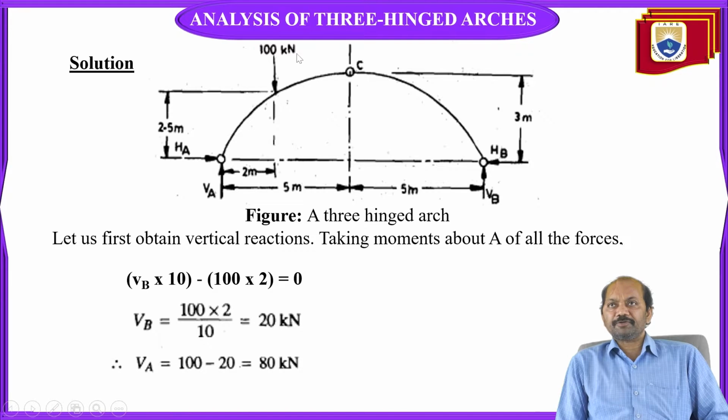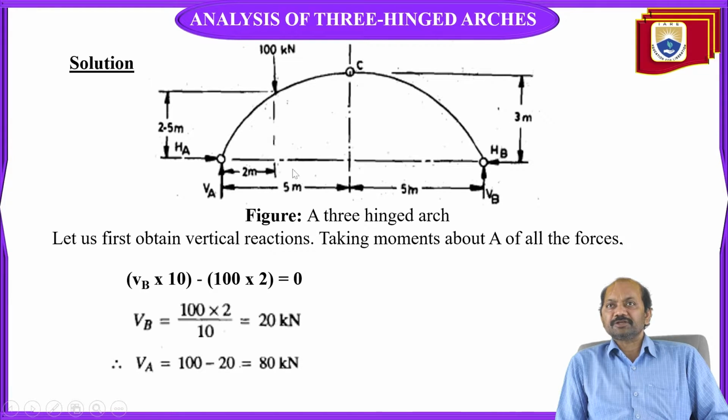A point load of 100 kilonewtons is acting at a distance of 2 meters from the left support at a height of 2.5 meters. Now, with this information, let us find out the reactions